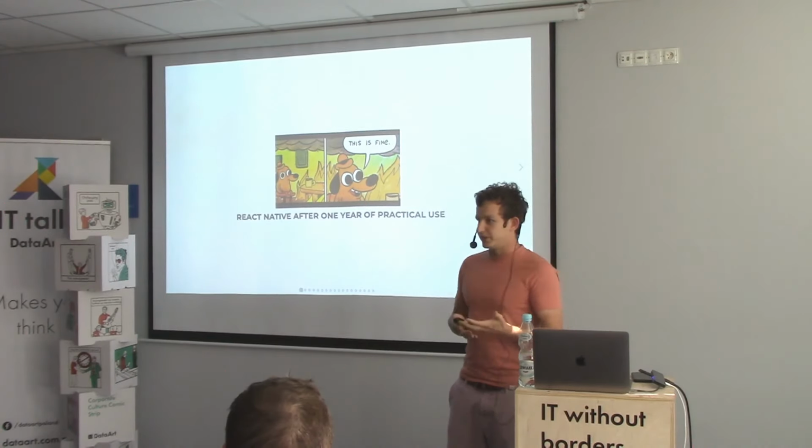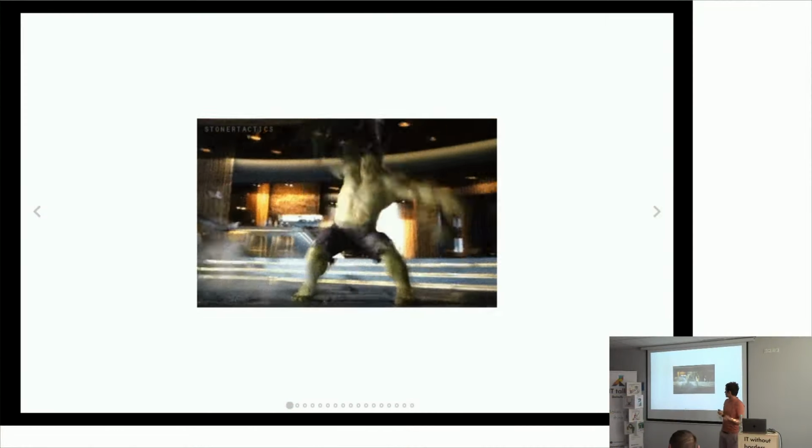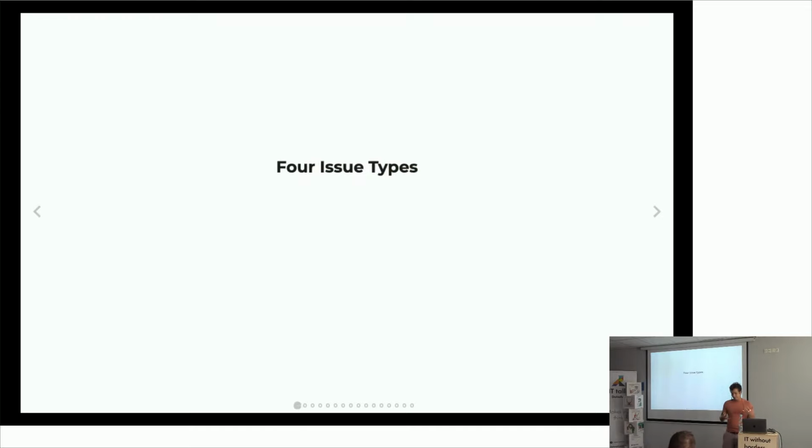When I agreed to make this talk, I was a bit frustrated about another issue that appeared in my development. I was developing React Native last year. There were a number of issues, and once I just came to our HR to say, screw it, I want to tell everyone how bad React Native is. But when I started thinking about the issues I had, I differentiated them into 4 different types. It's not official, it's only in my head.